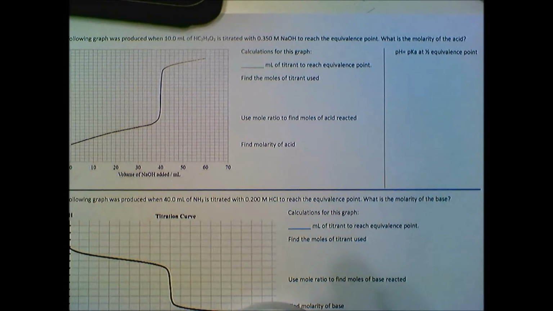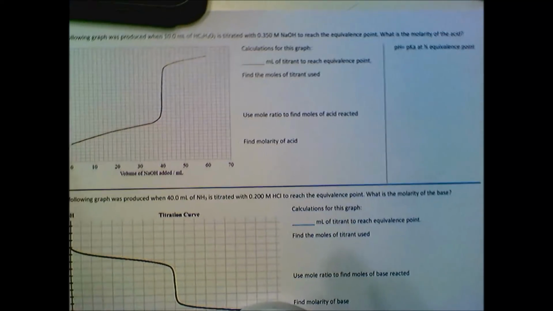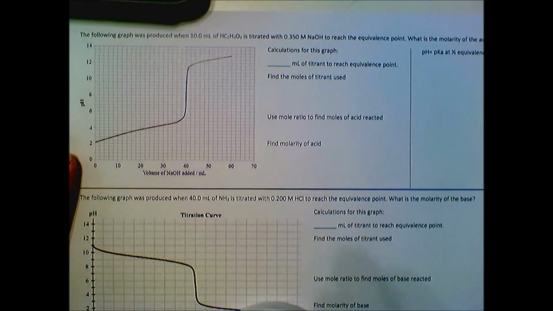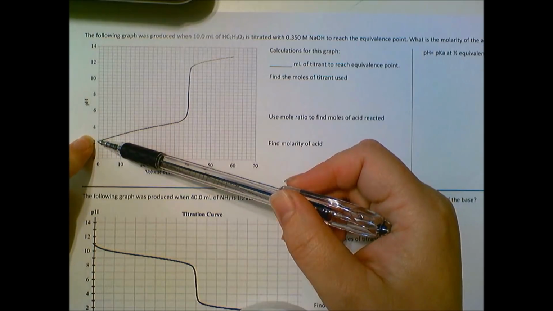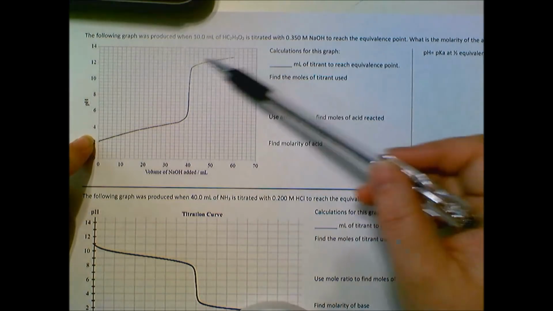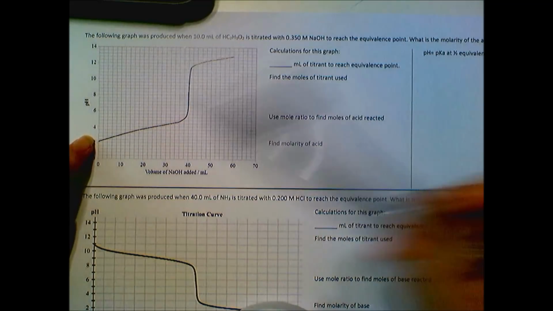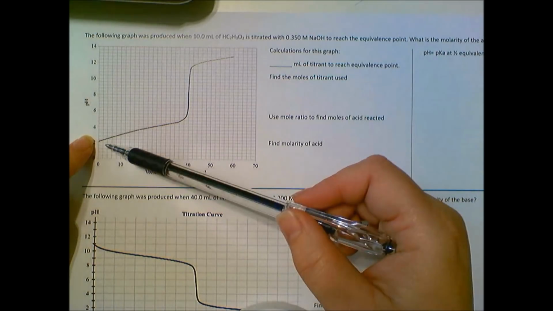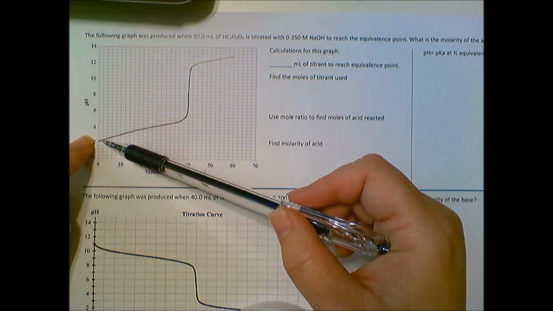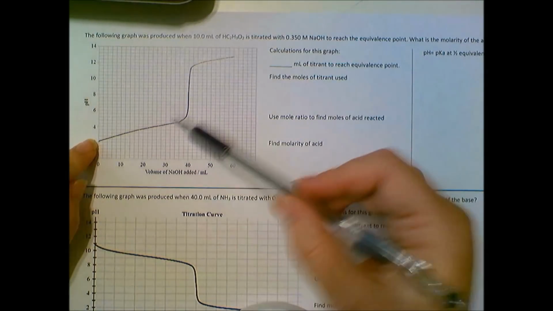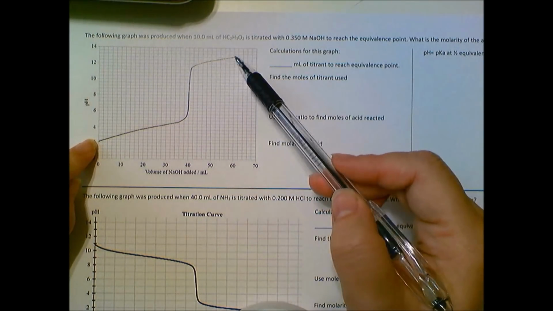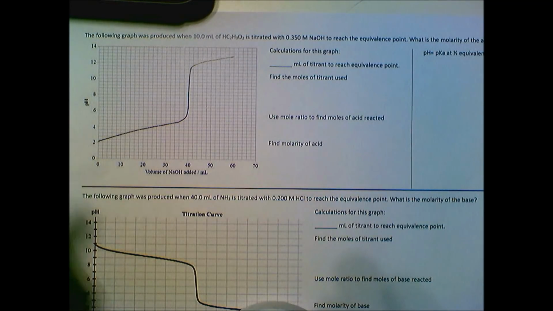So if we just looked at the titration curve, we've got to look at the pHs on it now. Here we go. If we just started with the titration curve, we can see that we're starting a little higher on our pH, but we're still ending at a very high. So we're going to be starting with a weak acid because we're starting not quite so low on our pH. So we got a weak acid, and then we're ending really high still, so we're titrating it with a strong